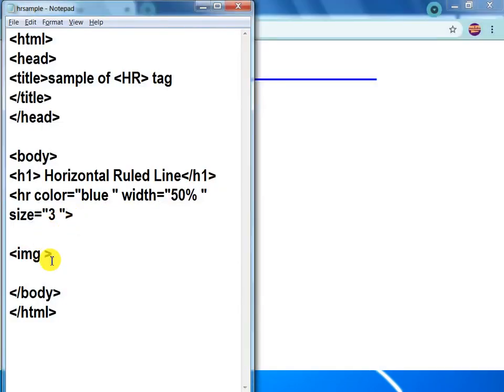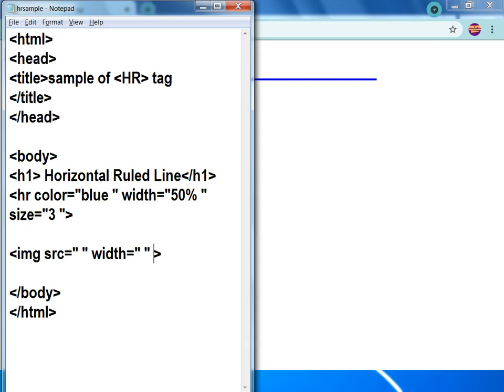Now go to our coding. IMG, first attribute is SRC equal to double quote open, double quote close. After src, give width equal to double quotes.